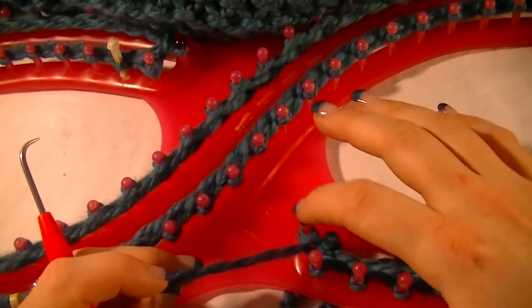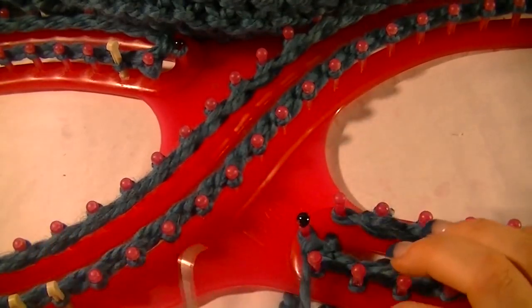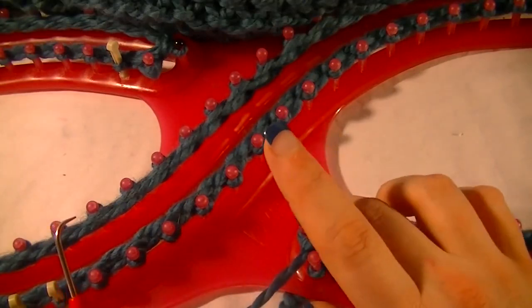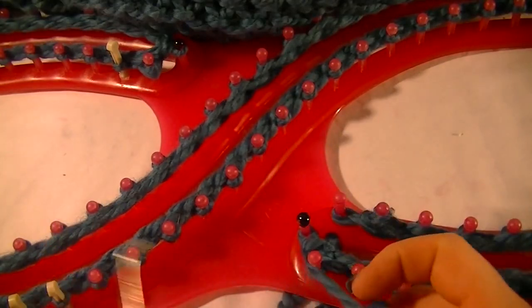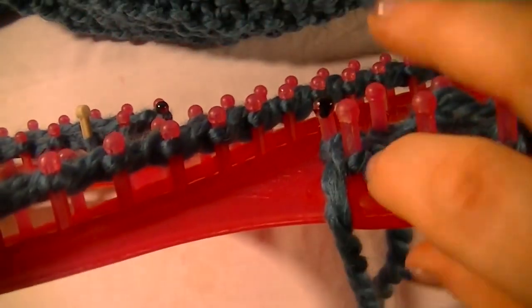The yarn is coming from this peg here, and it's wanting to go this way. It's angled in this direction, wanting to go that way. So I'm not doing anything with this peg. I'm going to the second peg. And how you purl